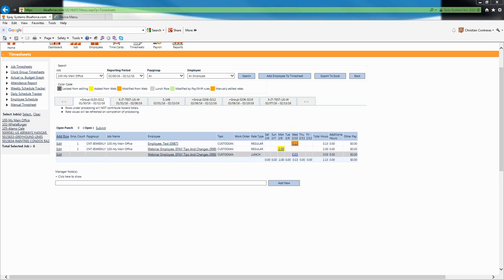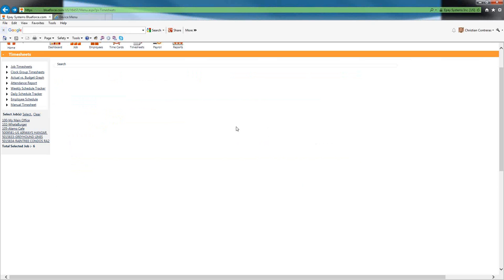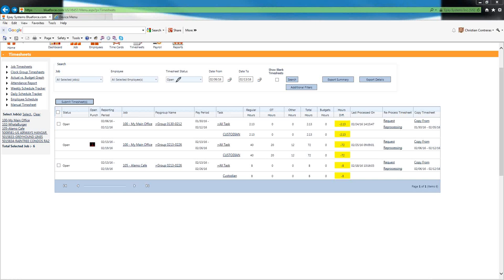One thing that you can also do from that standpoint, let me go back here. You may have already noticed that when I did the filter here at the top of the screen and say open, one thing that changed is you have a nice little button that shows up that says Submit Timesheets. Now what that does, the filter now allows you to submit all of these in one step. Now I would urge you not to go that route, because everything may look fine on the screen, and if they are, then you can submit them as a group. So I don't want to discourage you from doing that, but keep in mind that we want to make sure that you do keep everything in check and make sure everything has been reviewed before you submit anything